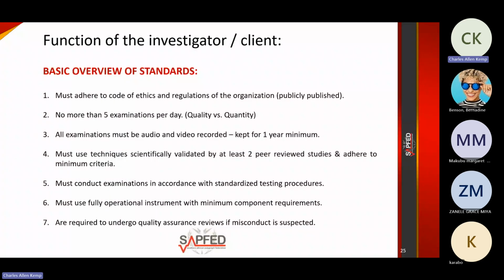Just a basic overview of the standards. So all polygraph examinations must adhere to the international standards of practice in order to be fair and accurate. No more than 5 examinations per day. If you do more than 5 examinations per day, quality goes down significantly. This is stipulated not only in the regulations of the American Polygraph Association, but all divisional members, all professional bodies,